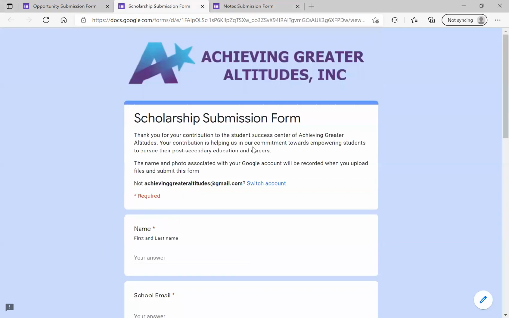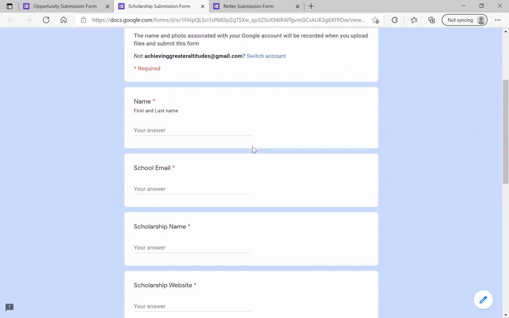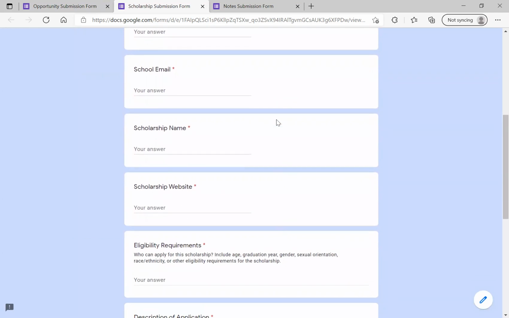This form is where you would submit scholarships that you have found. This can either be from doing research or scholarships that your counselors or teachers have provided to you at your school. This can be both for high school students to apply to and current college students, whichever you find while you're doing your research. So start off by providing your name, your email, and then you're going to want to